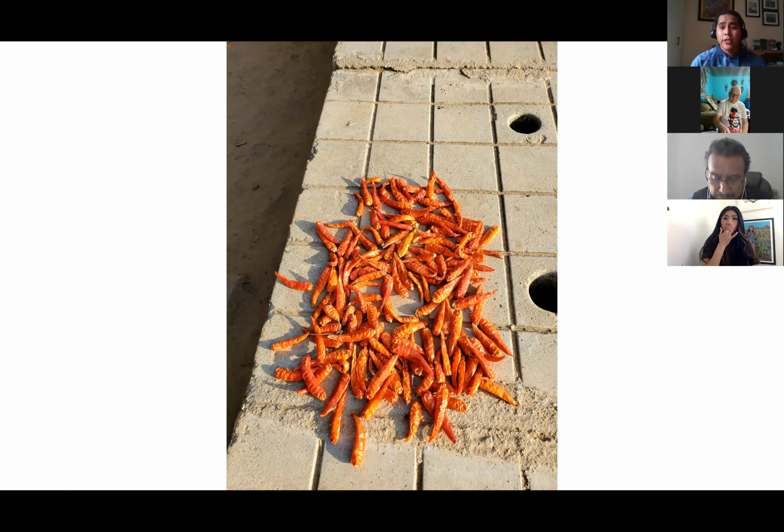This is actually a picture I took in India last year, right before the pandemic began. I was invited to a learning exchange in southern India, and I was walking around a community, and I saw chilies there. So I had to take a picture. People have very similar methods of preserving and saving their seeds. And so this just goes to show that across the other side of the world, people are doing very similar things, and it's what works for us.